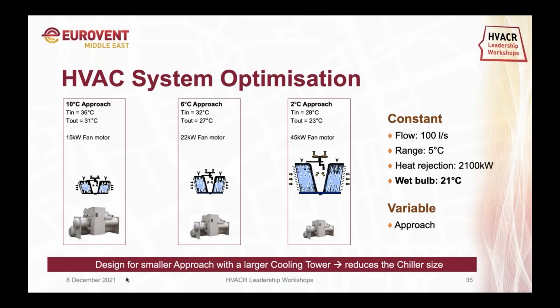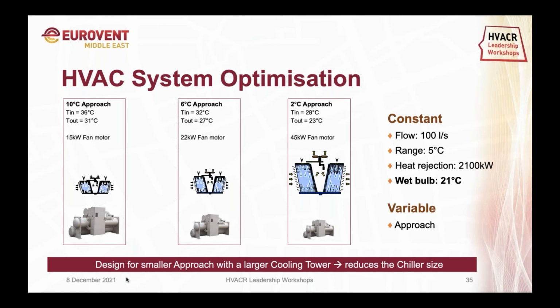So in the complete chilled water system here, we show two major components. One of them is the cooling tower and the other is the chiller compressor power. If you look at the diagrams below, you will notice that the cooling tower size varies from smaller, and as we move to the right hand side, it becomes bigger. But you will also notice that the chiller size is reducing as a result. On the left hand side, the chiller size is the biggest, and as we move towards the right, it reduces. So we have to optimize between the size of the chiller and the size of the cooling tower. And how can we do it? We can do it by playing with the approach.